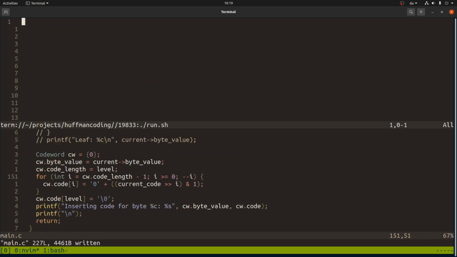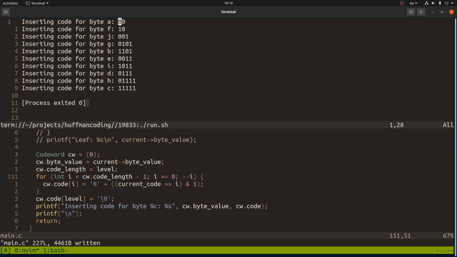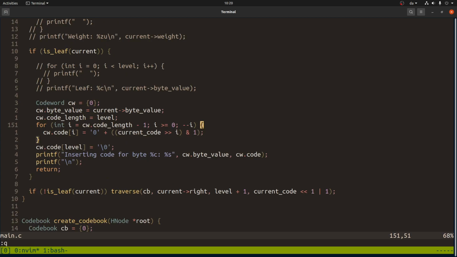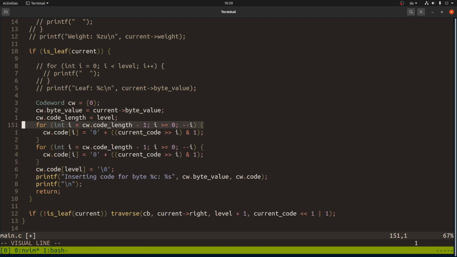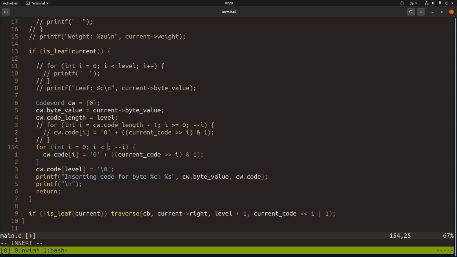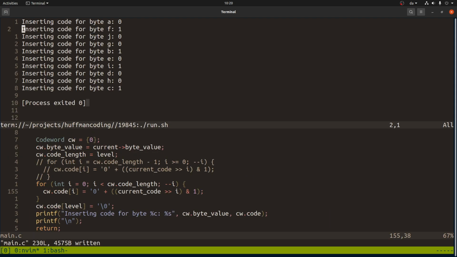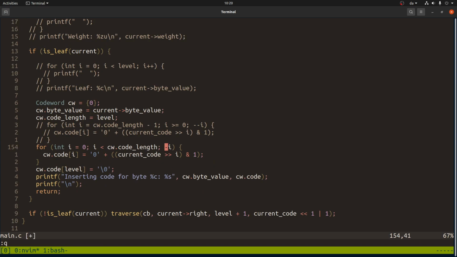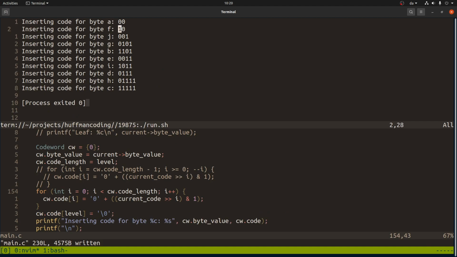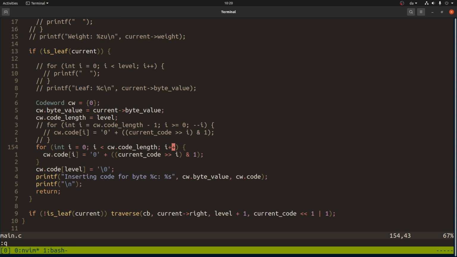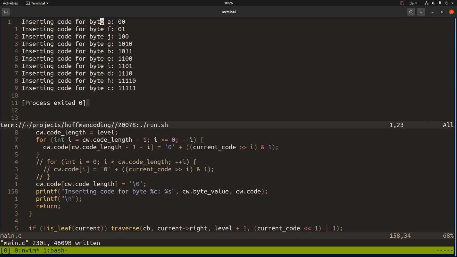Still there's a problem, because one of the features of this encoding, so I just reversed everything. I just somehow reversed it. So why did I do that? Let's do it like this. It's less than code length. And it has to be plus plus. And still, that's wrong. Okay, finally got it to work. So now it is